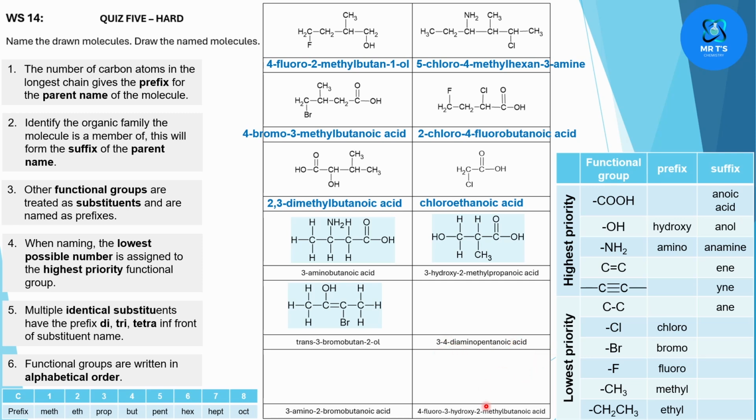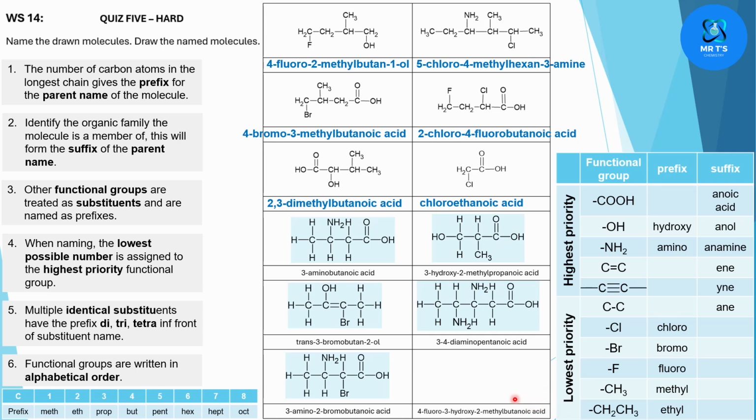3,4-diaminopentanoic acid. Okay, so 5 carbons in a row because it's pentanoic. It's going to have a carboxylic acid functional group on the end, and 2 amines coming off the 3rd and 4th carbon. Next molecule here, 2-amino-3-bromobutanoic acid, 4 carbons in a row with the -oic acid. Bromo coming off the second one. Remember, we number from the carboxylic acid, starting with 1 on the carboxylic acid functional group, 1, 2, and 3 for the amine. Last one,